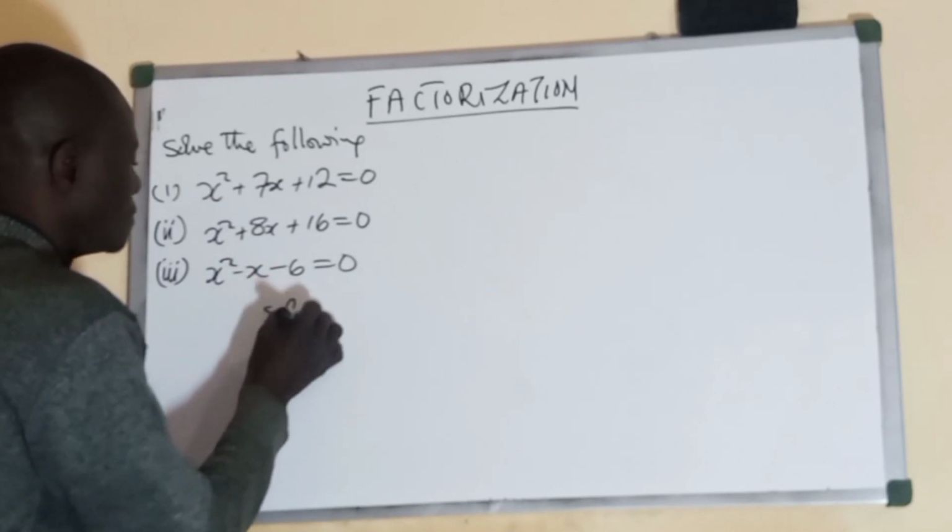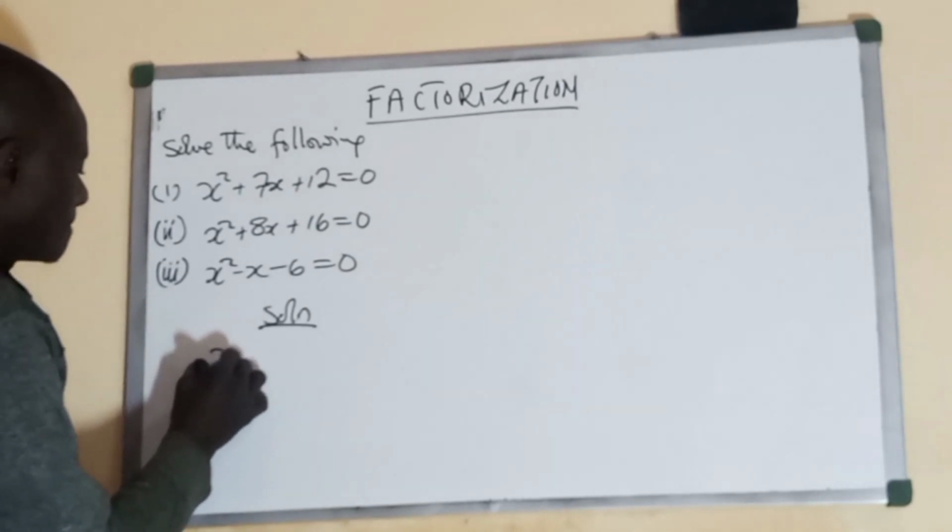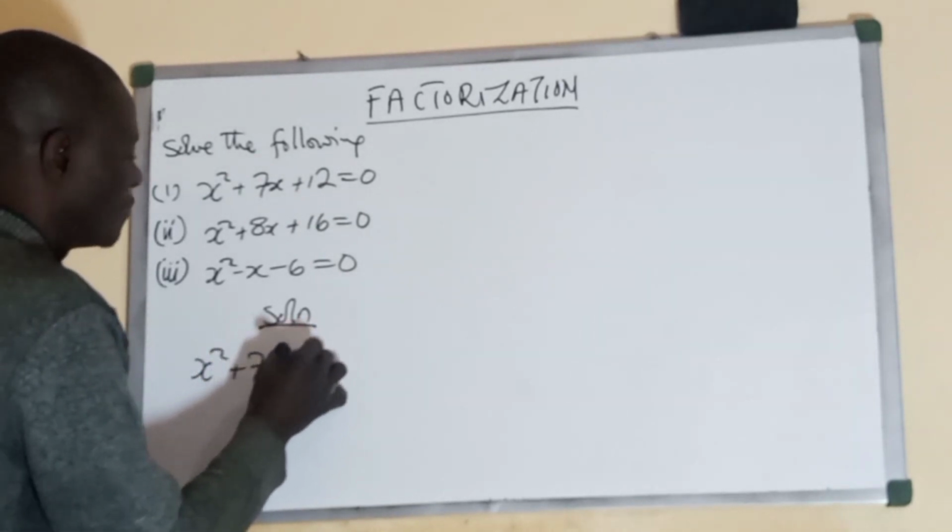Now, solution. So let us start with number one, which says x squared plus 7x plus 12 is equal to